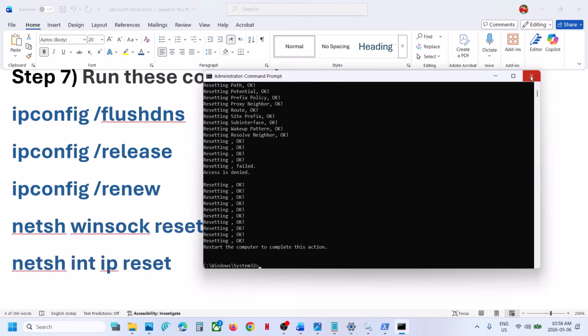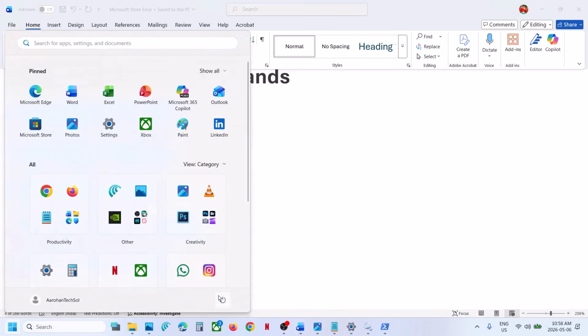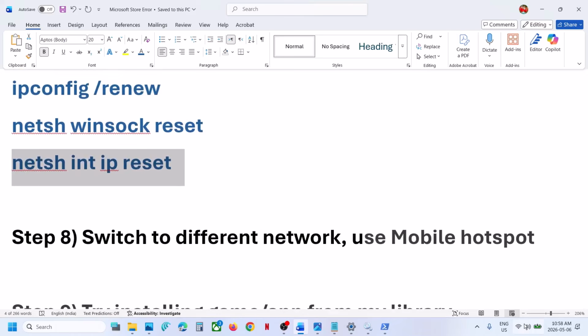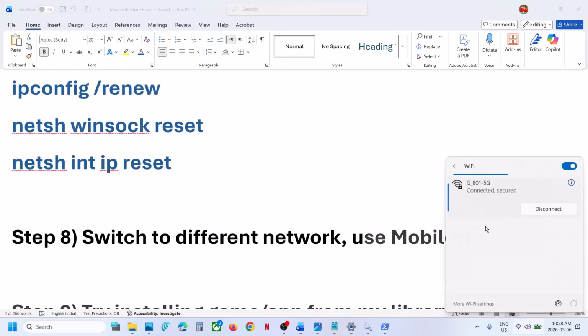Now once you run all these commands, restart your PC. After the system restart, you can check. Still not working, switch to a different network. If you have any other network available, you can switch to a different network and then you can open Store